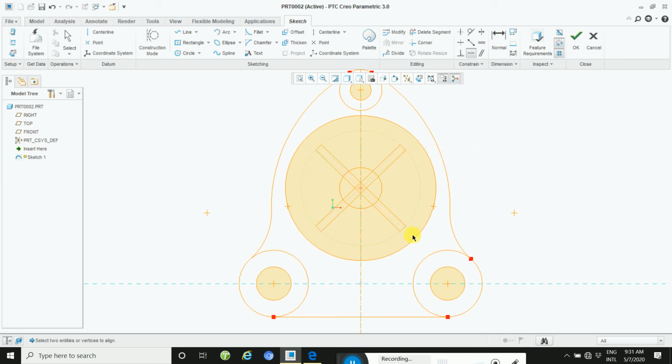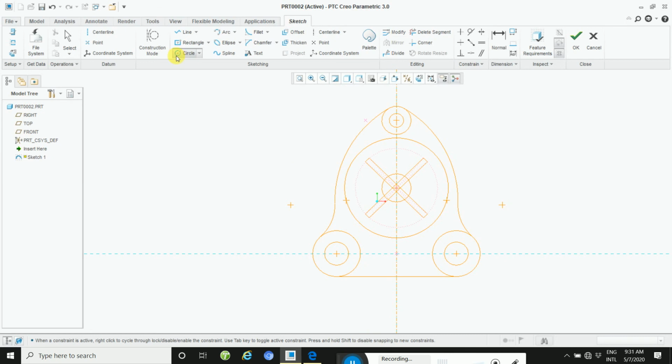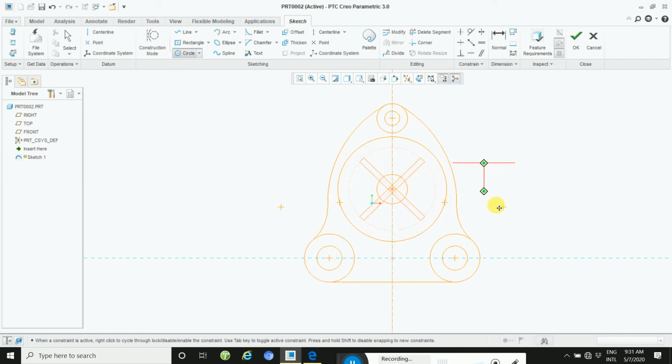This way. Okay, and then draw a circle. Okay, so your work, try to solve this problem. So this way you will create here. Okay, then draw a circle here.